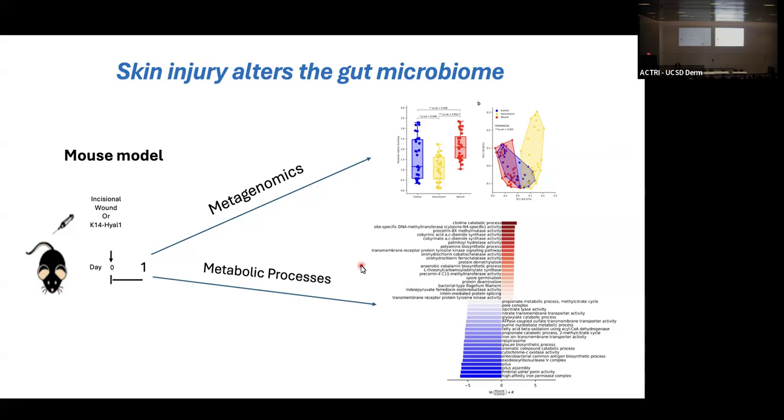And what we found was that, not sure if you can read this, some of the metabolic products that are associated with disease were overrepresented when there was a skin injury. And some of the metabolic products, like these short-chain fatty acids, which are associated with health, were decreased. So there was a clue to us that the skin injury caused the antimicrobials to change, and when you had an abnormal antimicrobial balance, then the microbes were changing, and now the microbes were doing things that were maybe not